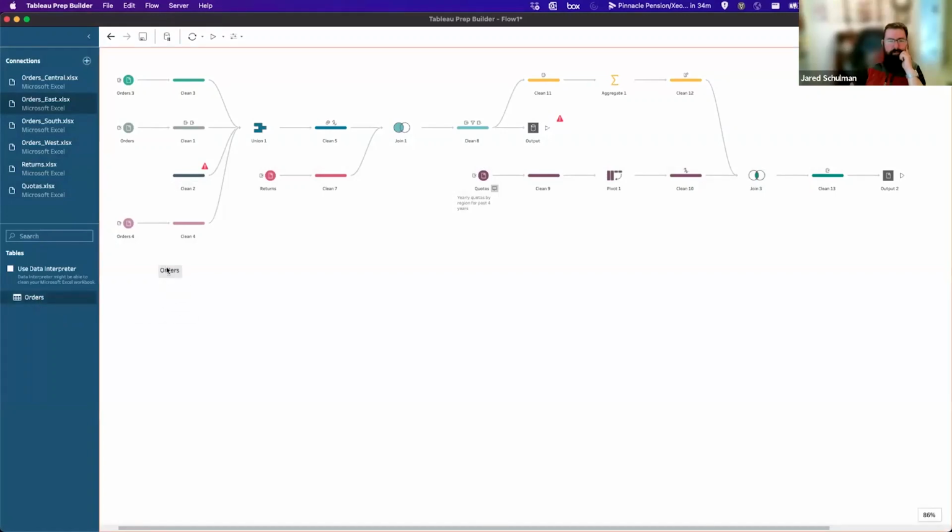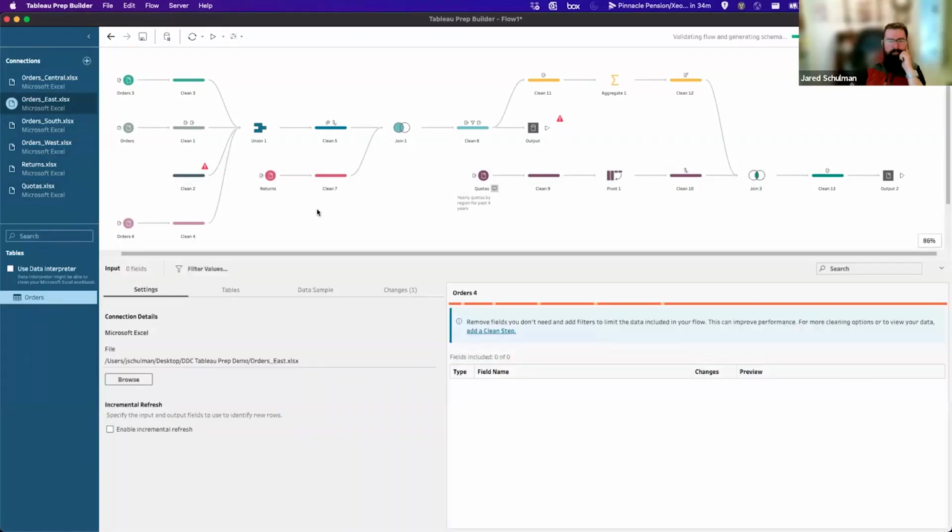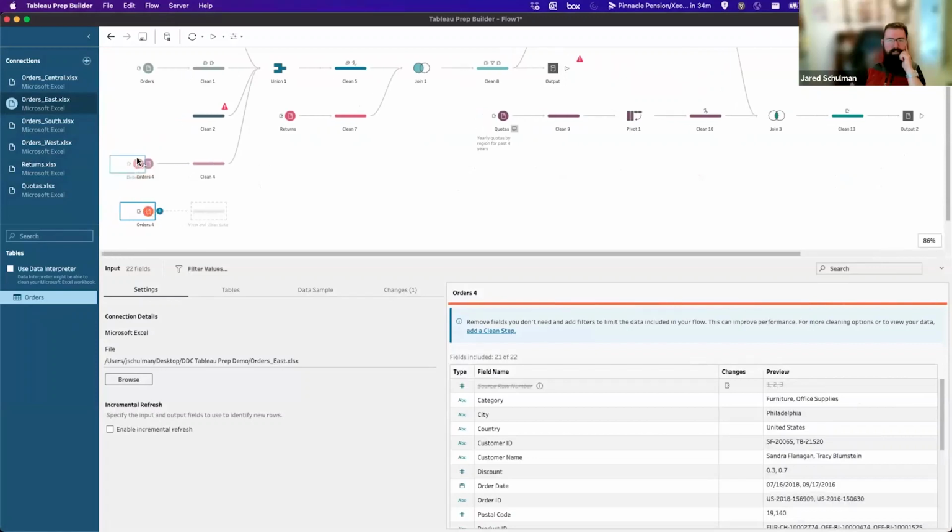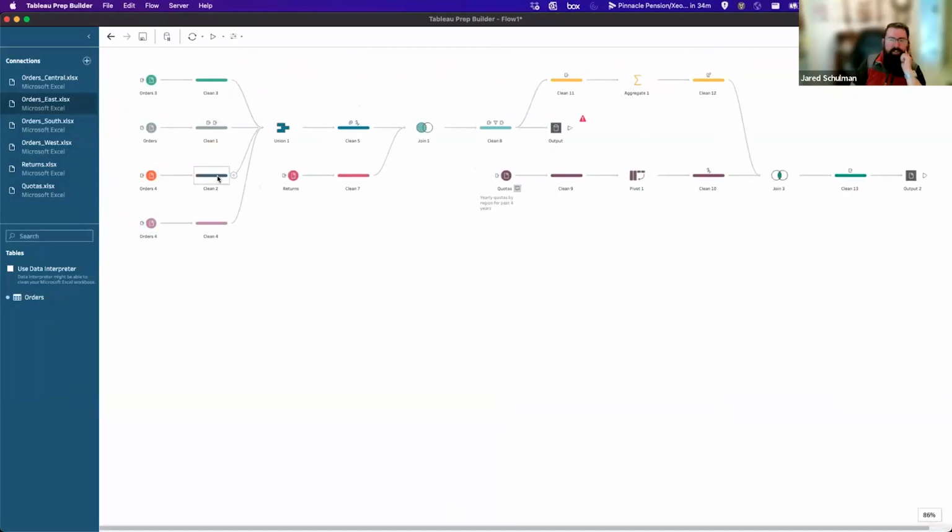And if I pull this out, all I have to do is drag this up to that broken connection, and there's an add, the same way that there was when we were doing the unions. So we can just add that to the left side of it, and it's going to plug that in. So if you ever have something like that, that's a really easy way to do it.